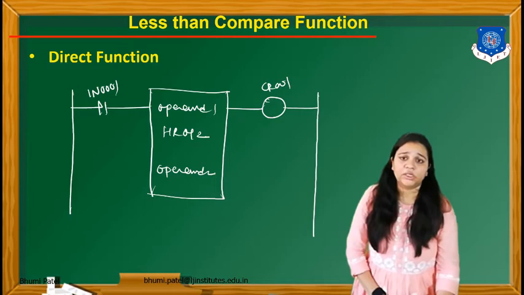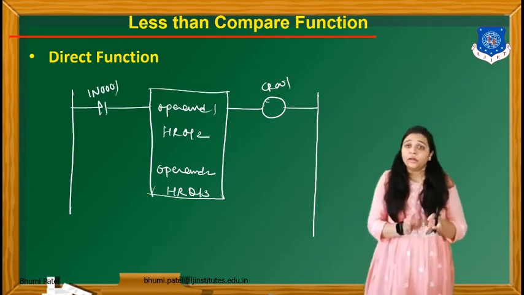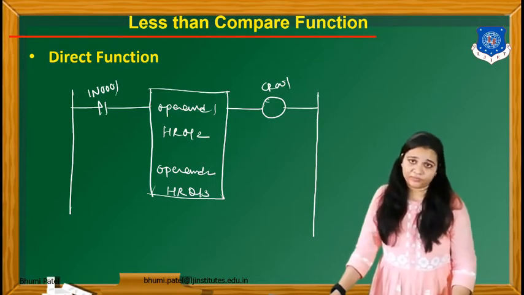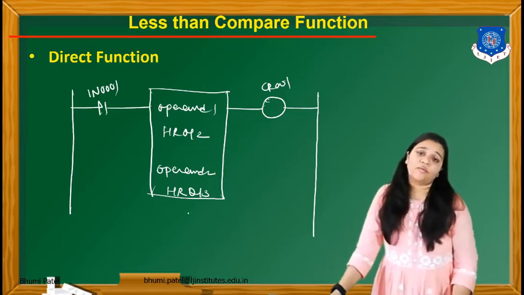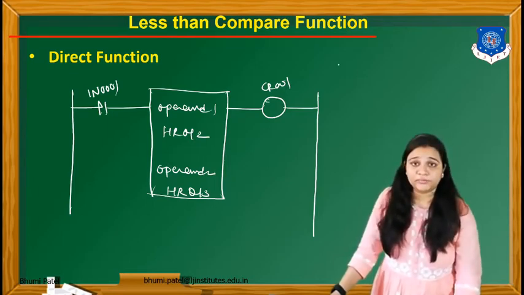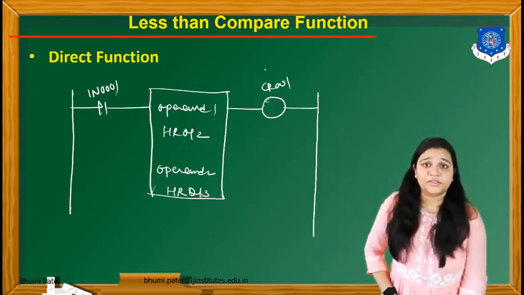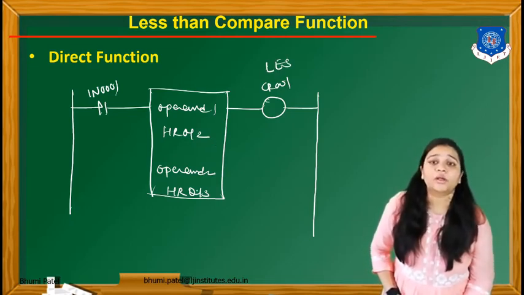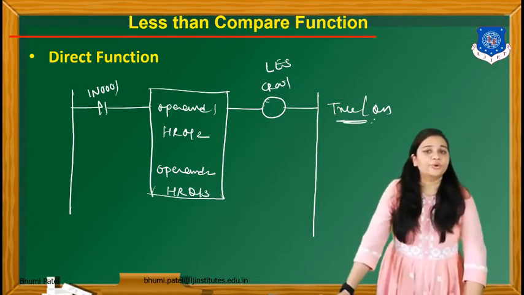In operand number 1 we have to take a register or a number. Whenever you write down the theory, you take a register or a number. But whenever you draw the function for an example, you have to take the values that are given in the program. So here we take two unknown registers, HR012 and HR020. And what is the compare function for less? The direct function of less than is LES. If a number is less than the other number, at that time the output goes on, or true. Other times the output goes off.